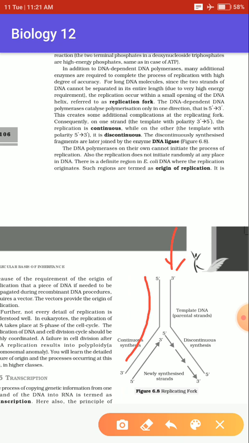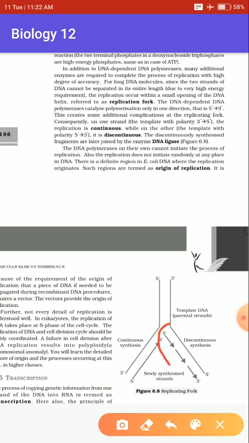You can see 5 dash 3 dash, 5 dash 3 dash. It will start with 5 dash, then again 3 dash, again 5 dash, then again 3 dash. It means at the end of the strand there will be a starting: the start will be 5 dash, the end will be 3 dash. It will go in this way. The polymerase will start here, cut from here, a continuous strand will form, then it will start from here to there. Then in the opposite direction, actually, the cutting process of the DNA occurs.